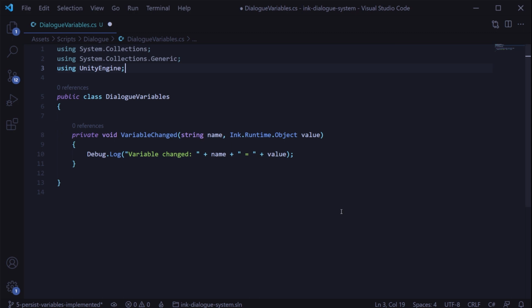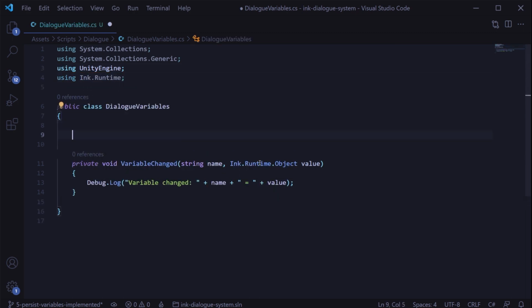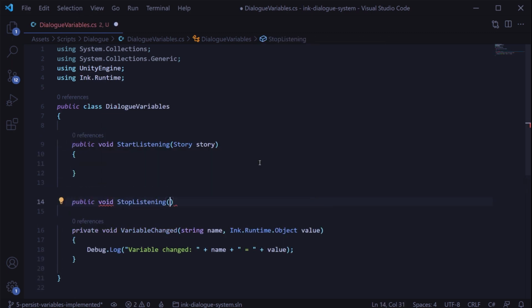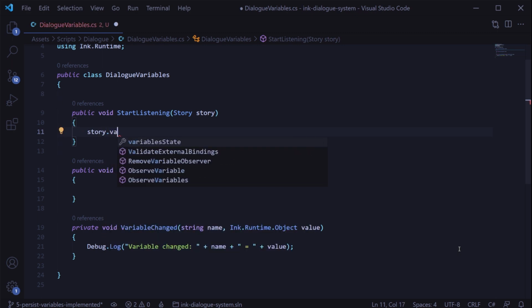For the next part, let's add using ink.runtime at the top of the script. To actually hook up the variable observer function, we'll create two public functions, start listening and stop listening, both of which will take in the story object that we want the observer to listen to. In the start listening function, we'll use the line